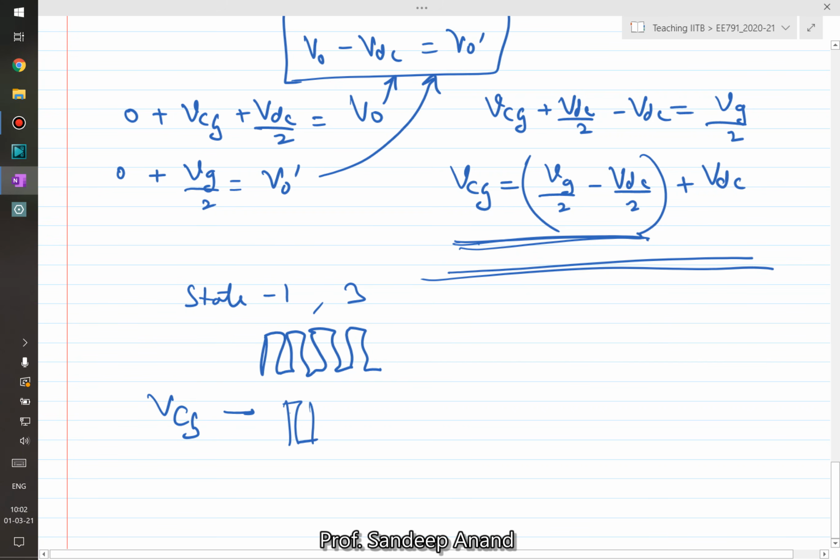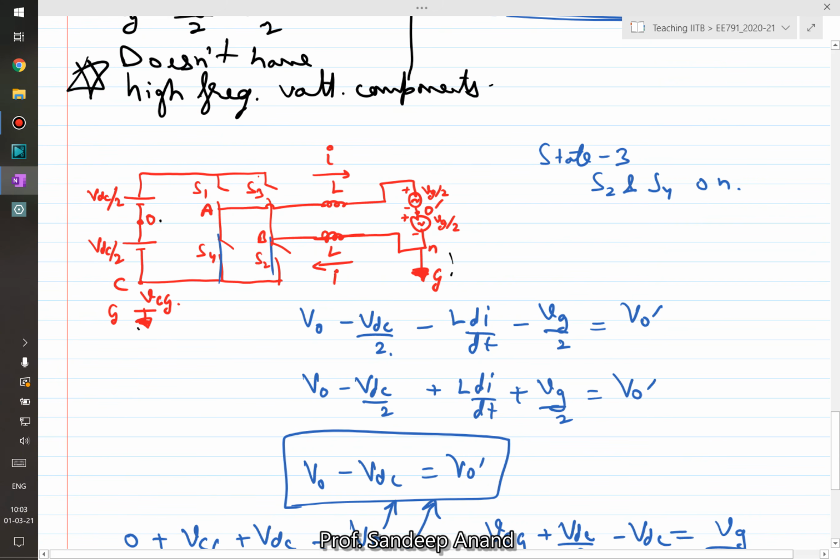And there also you will see this high frequency oscillation, right? Because you see this is also oscillating, because sometimes it is this first term plus VDC, sometimes it's only the other term. So again VCG is also oscillating, right? So therefore, if you use unipolar modulation, which is good because it could give you better efficiency and so on, then your capacitor voltage has a high frequency component, which can force high frequency current through it, and you will have leakage current problem,